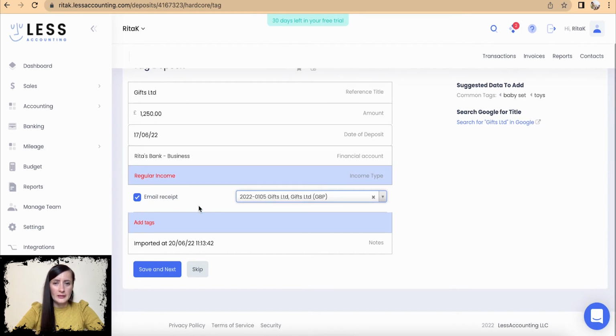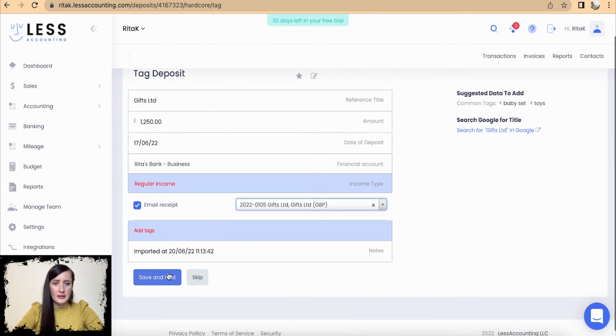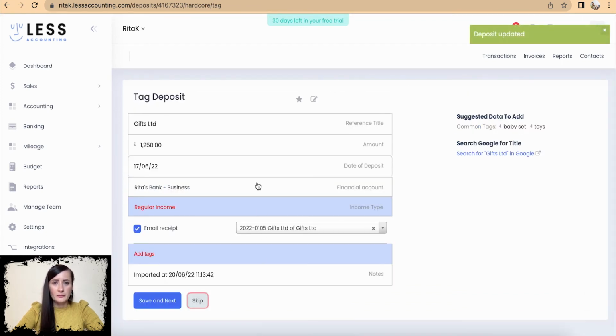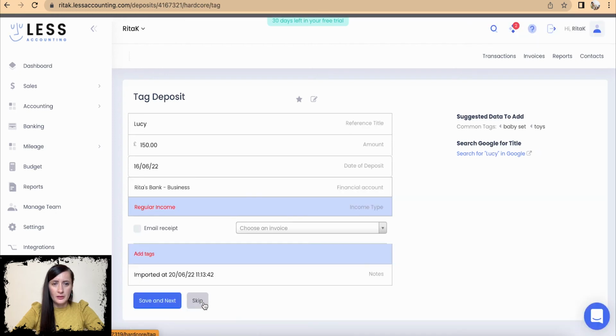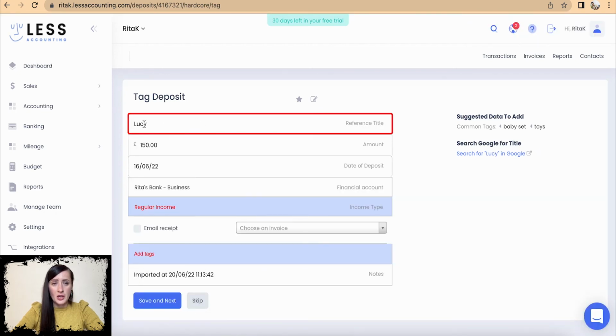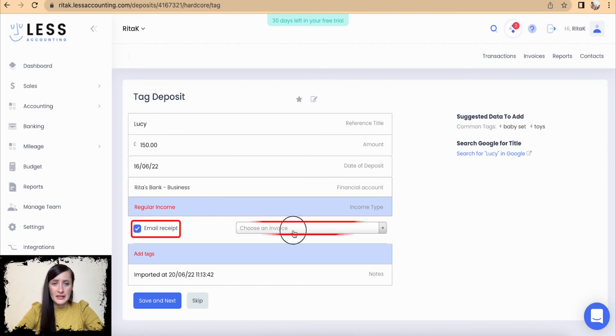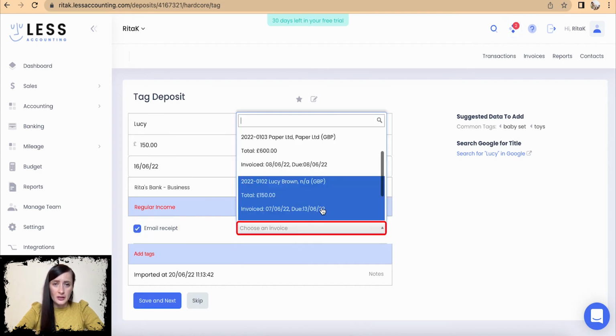Okay, and once I'm happy with details, I click save and next. Okay, next one. Let's go to next one. I have Lucy. Lucy paid £150. It's the same. I want to email receipt, and I want to find Lucy's invoice, and Lucy's invoice is